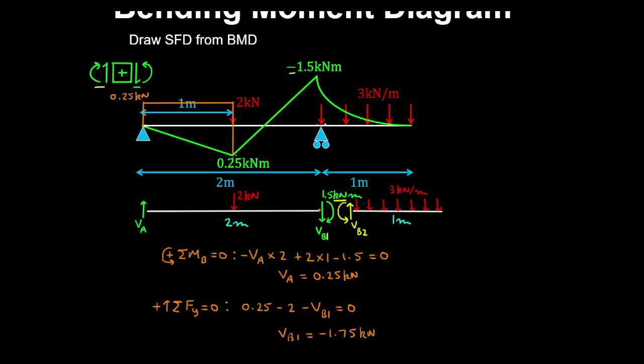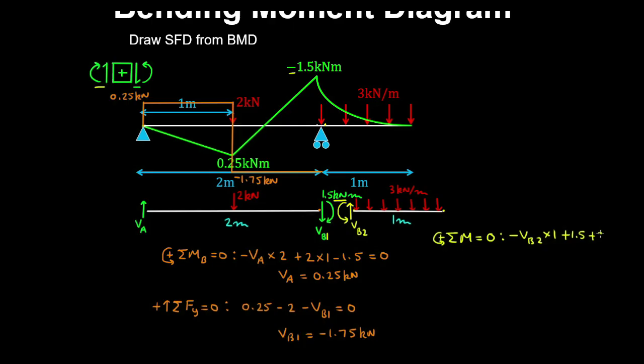So as expected, due to this 2 kilonewton jump, we have a shear force of minus 1.75 kilonewtons. And that's constant on this segment because it has a point load acting on it. Now if we take an equilibrium of moments about the overhang, with counterclockwise being positive by convention, we have minus VB2 multiplied by the moment arm, and the hogging moment here is anti-clockwise. So we have plus 1.5 kilonewton meters,